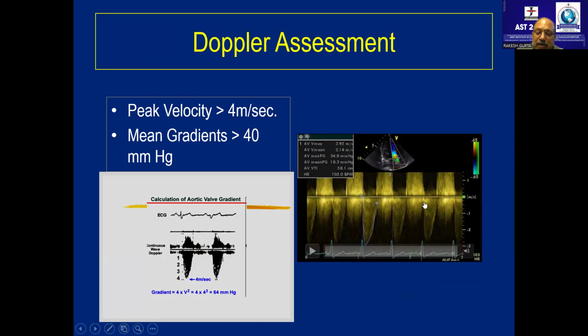So if you have a severe aortic stenosis or aortic stenosis, what will happen? You will not be able to contain the Doppler spectrum pattern despite increasing this scale, moving this baseline up. And that is the time you have to switch on to continuous wave Doppler to contain the Doppler spectrum pattern. Is that clear?